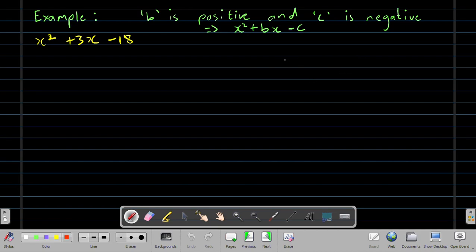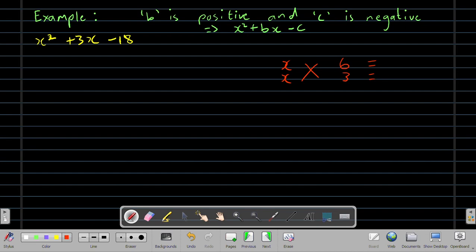The factors of x squared, x and x. All right, simple enough, right? The factors of 18, we can get many different forms, so I'm going to use 6 and 3. Multiply those,